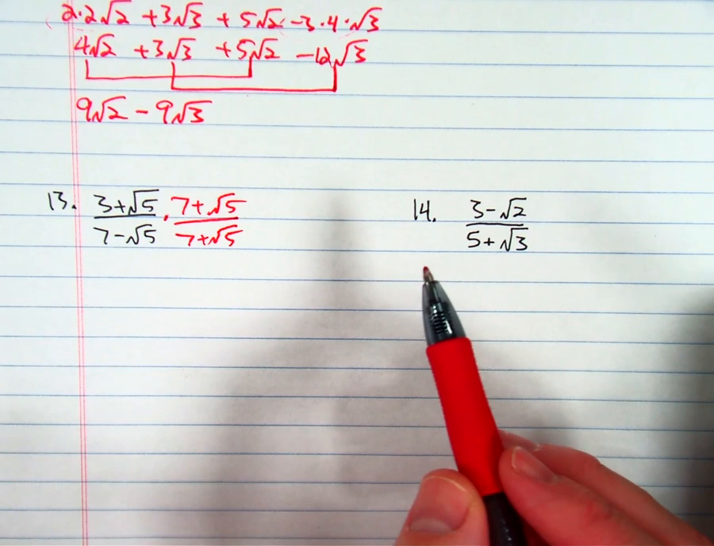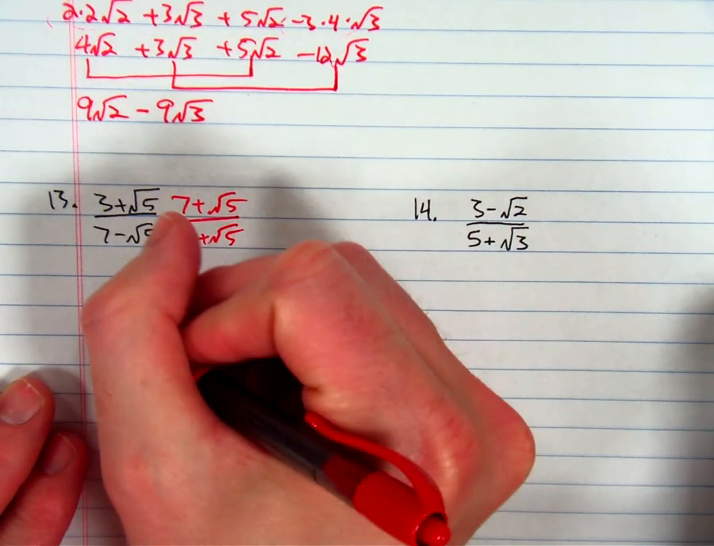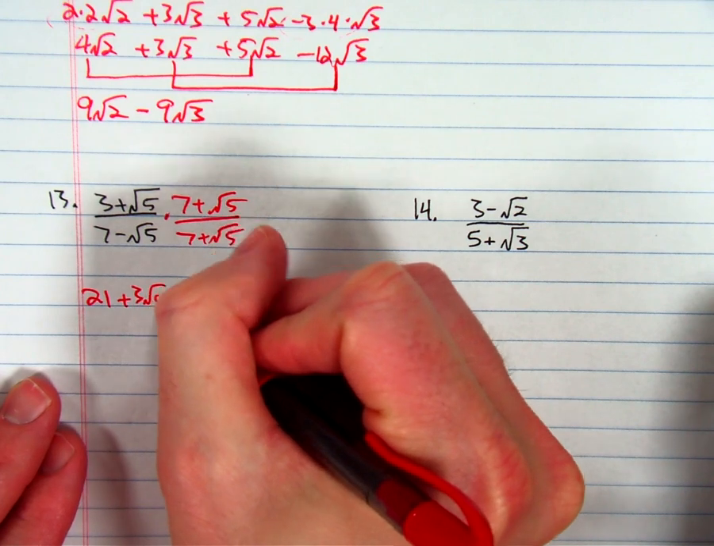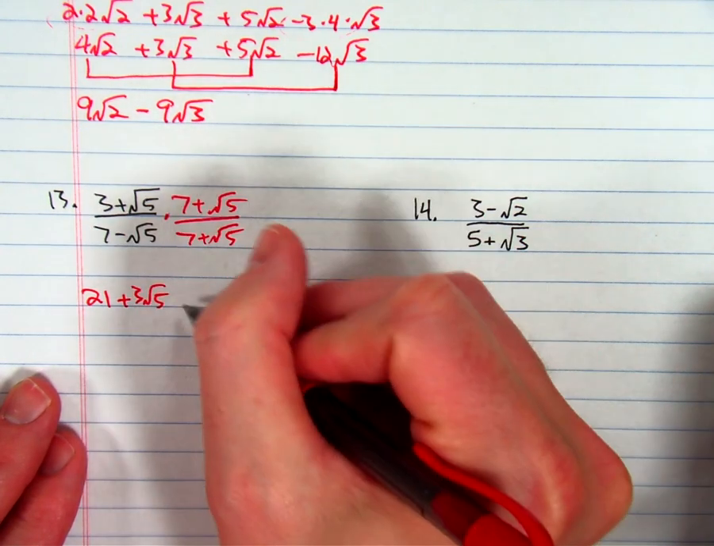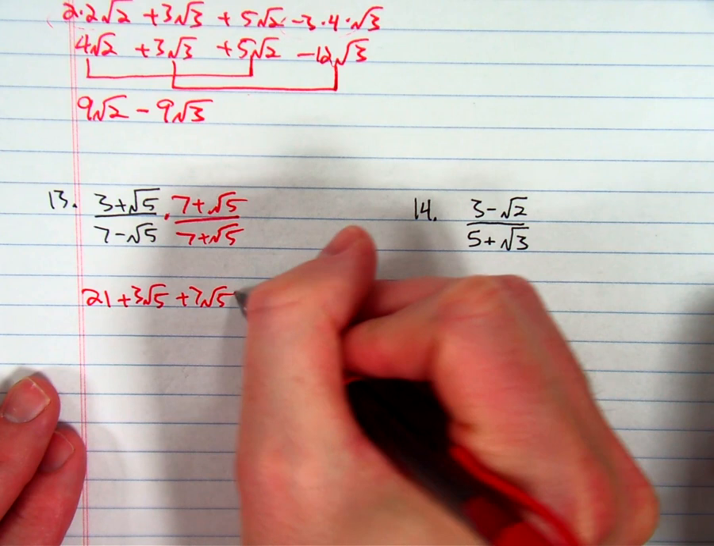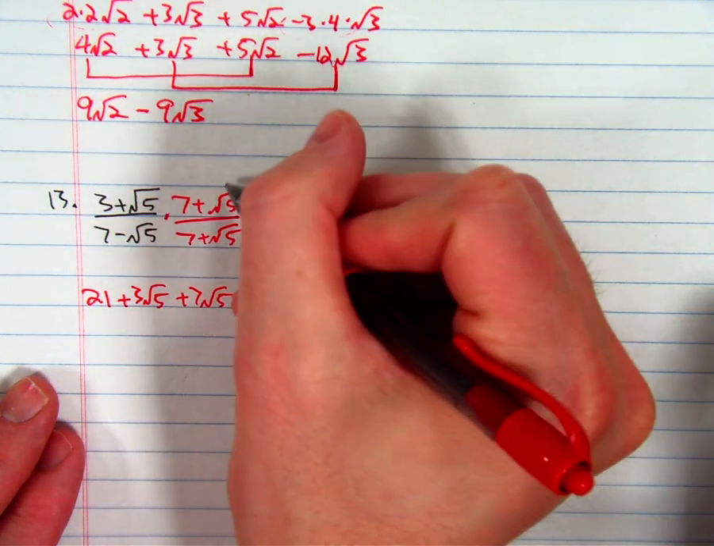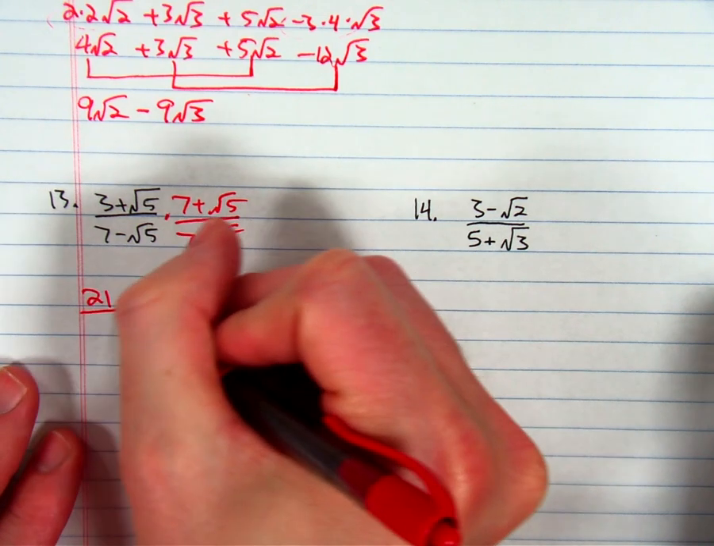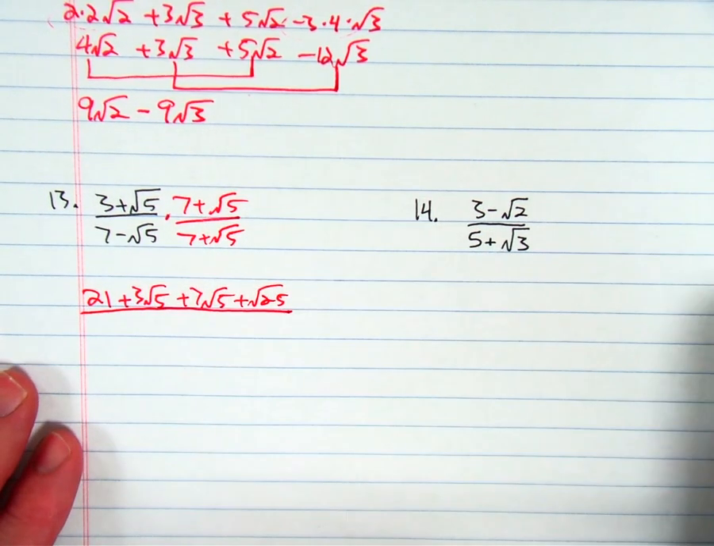Okay, the top's going to be a little messy. That's okay. We got 21 plus 3 radical 5 plus 7 radical 5. And I'm going to go slow. Radical 5 times radical 5, that's square root of 25. Across the bottom,